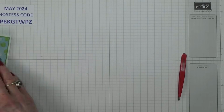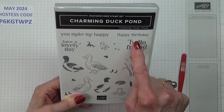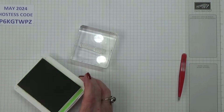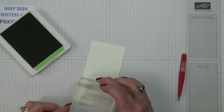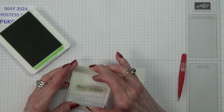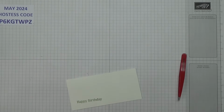Now for the sentiment, I'm using this, which is from the Charming Duck Pond, and I'm using the Happy Birthday. I'm using Granny Apple Green and a scrap of paper. Will you go that way? You should fit on, I think. But I'm going to go a long way just in case. That's good. So I'm going to die cut that